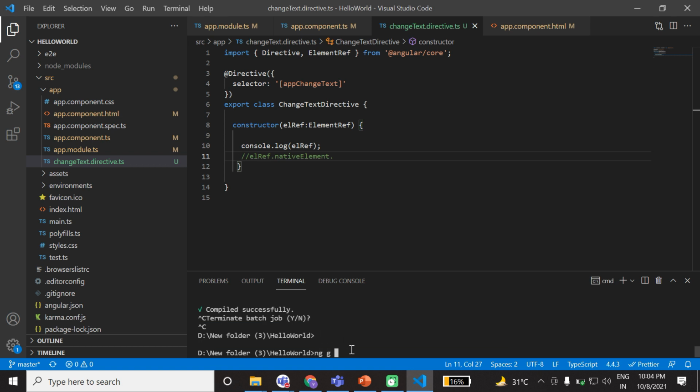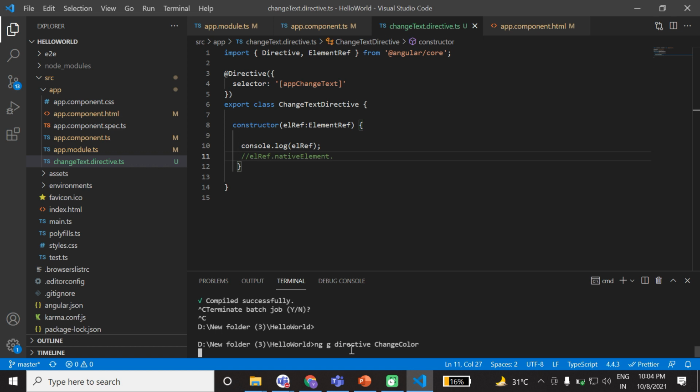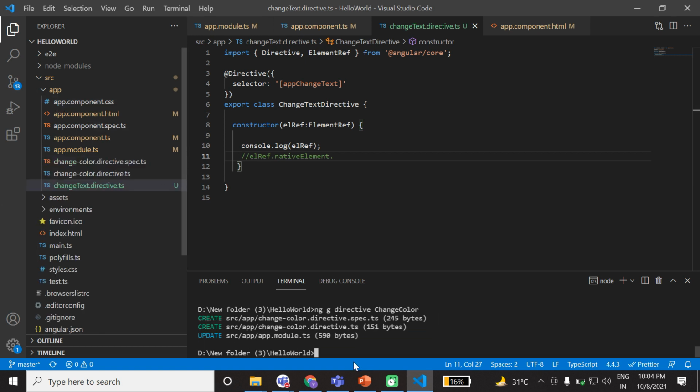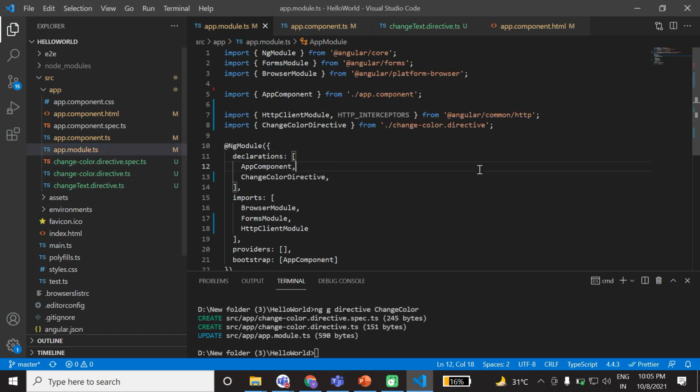This is also the command to generate a directive here, so you can go for that, and you also have directives.